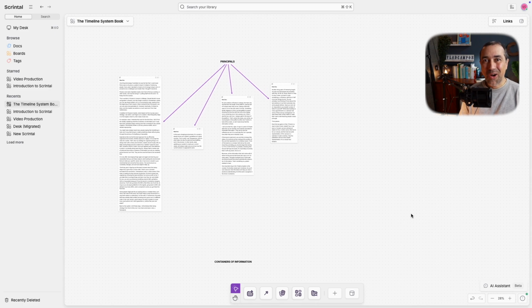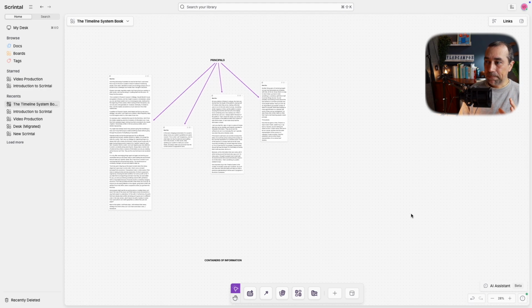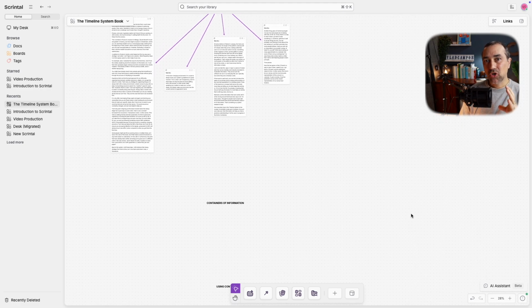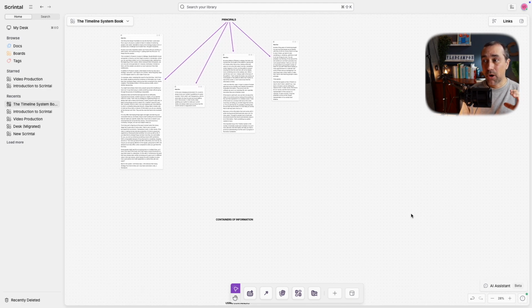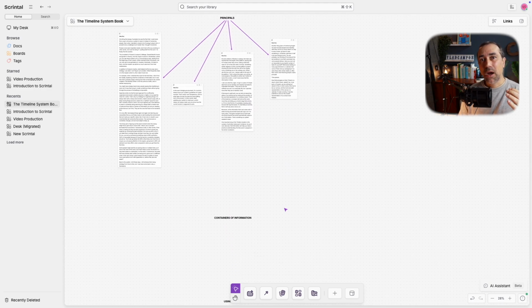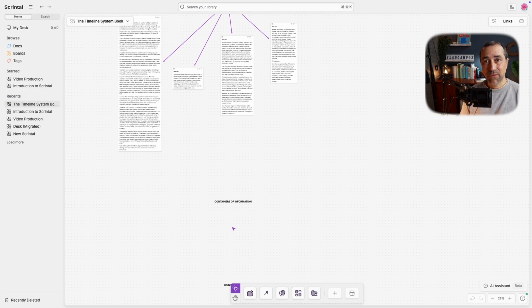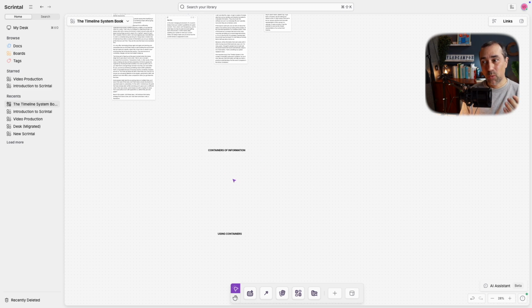I created a new board here. This is, let's call it, our sandbox so we can play with the AI. First, let me explain how I structure my books. I like to build them in big sections, parts. So I have this first part here, the principles, which are the ideas, the science, and the experience, everything that led me to create the containers of information. So these are the explanations, and this will be a part where I explain the containers.